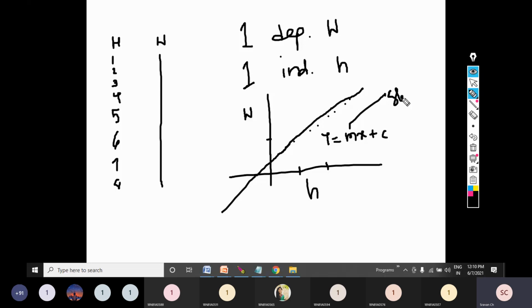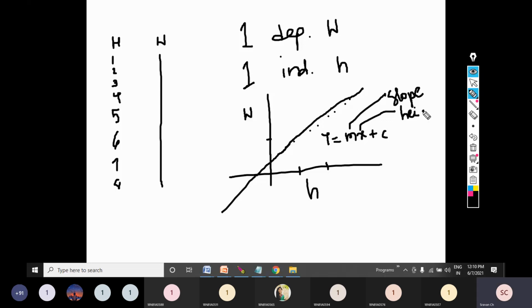I hope you remember the equation of a line. M is a slope. Slope means what? It will study the rate at which changes are being done. Means when I make some changes in height, how much proportion of change is seen in weight. So we try to study that rate of change that is represented by slope. Fine. Now what is my x here? In this example, my x part is height, which is the independent variable.